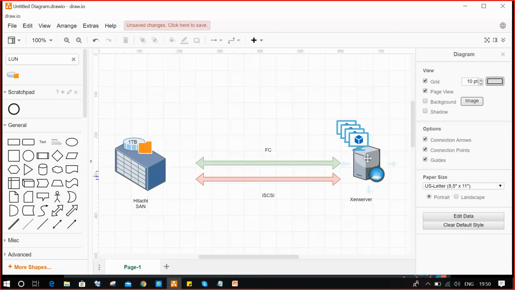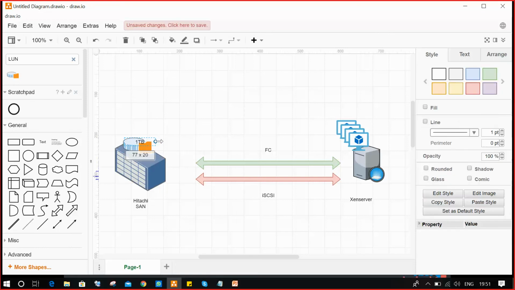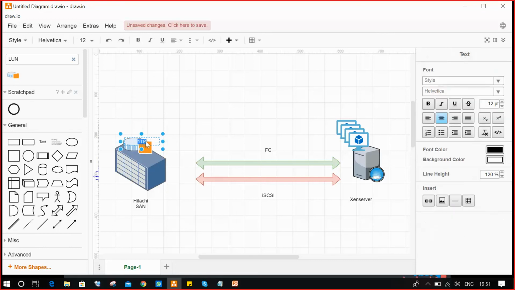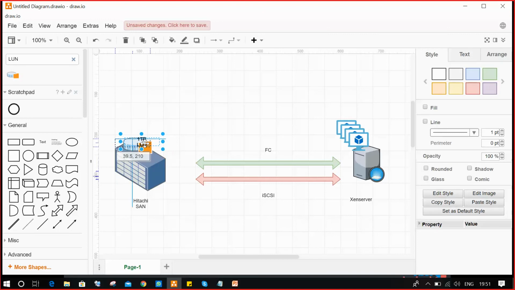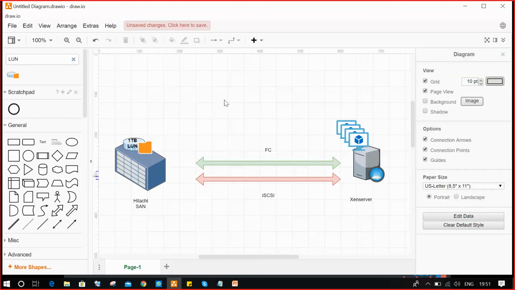But how do we connect the Zen server to your LUN? This is your 1 TB LUN. You definitely connect with FC or iSCSI.